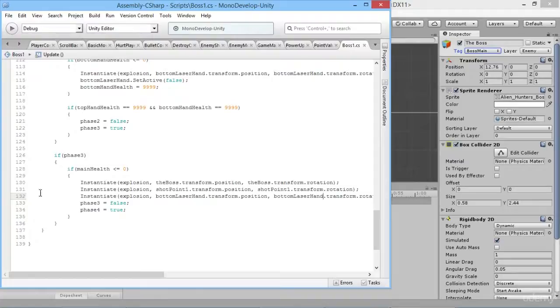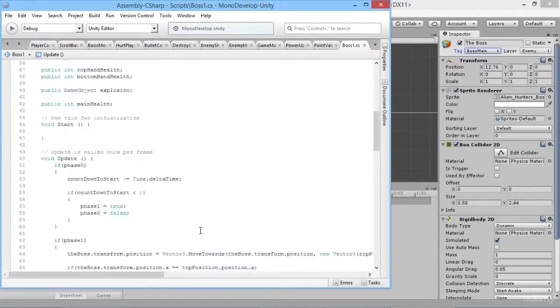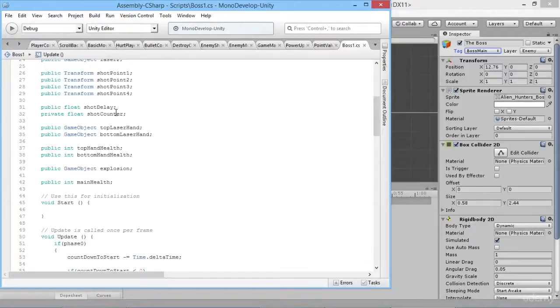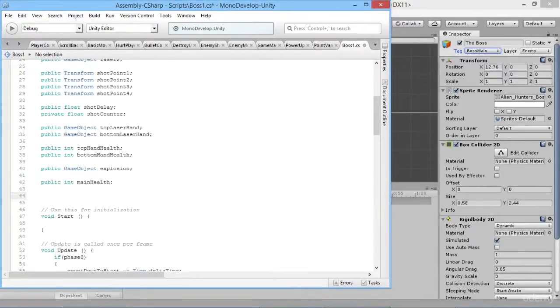If we're in phase 3 and our main health is gone, that's all fine and dandy, we've dealt with that. But what about before we run out of health? Well, when we're in phase 3, we know we want to be firing more bullets from the center of them, and for that we're going to use another shot counting system. So not just the normal shot delay we've used up there, we're going to use a different one for different timing. So we're going to say public float shot delay 2